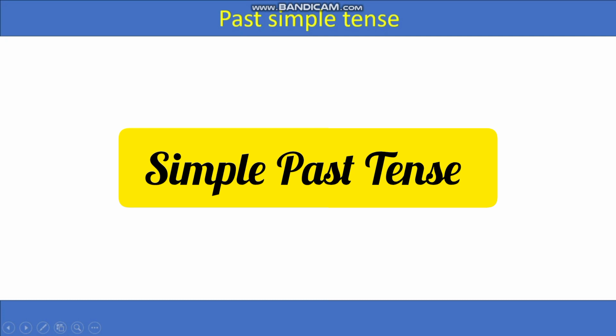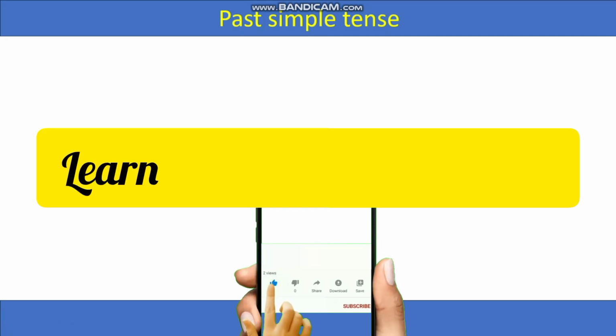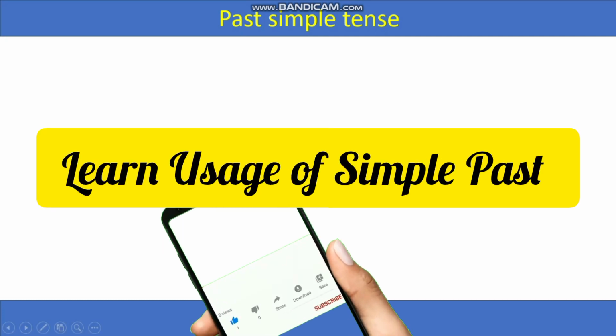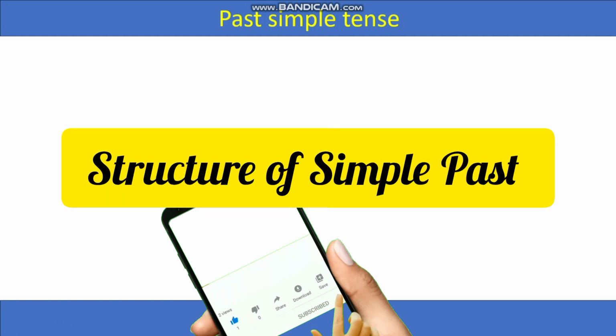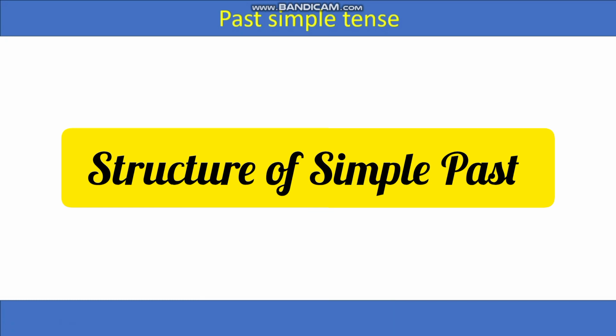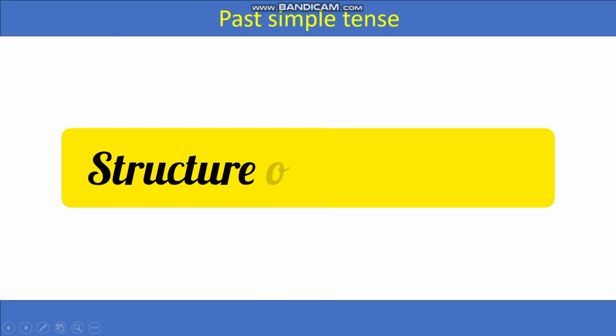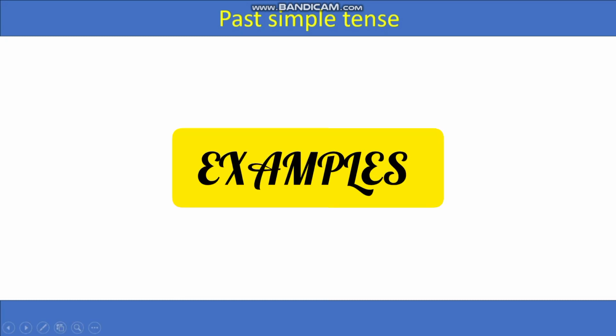Today we are going to discuss the past simple tense. It is the most important tense. We use the past simple tense when we are talking about our past, the stories and the things that happened in the past. When we are talking about these things, we use past tense, right? So today we are going to discuss this important and commonly used tense in our speaking and our